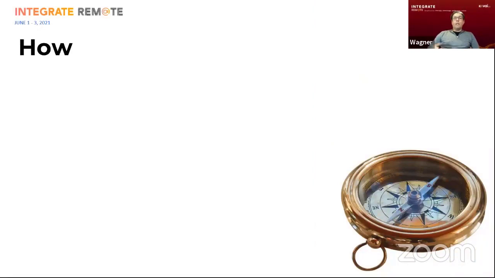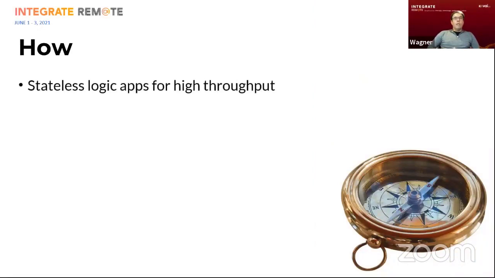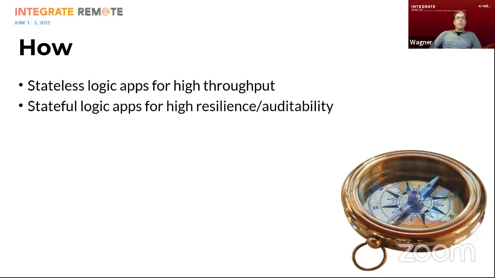So how you do that is basically using stateless workflows on Logic Apps Standard for high throughput, and stateful Logic Apps for high resilience. In this case, think about resilience in terms of being independent of the original sender to do resubmissions or any kind of troubleshooting, or if you needed extra auditability on each one of the actions. So you have the choice, and you can actually combine those two things together when you need to. Let's take a quick look at this